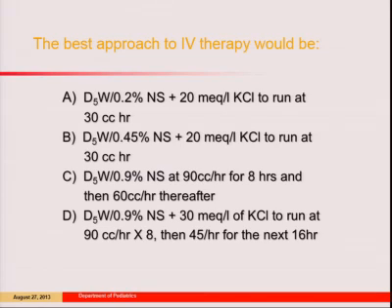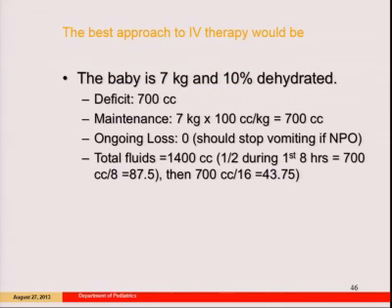They have massive losses of chloride. If you just think about what's happening, they're puking, hydrogen chloride goes out, and they're alkalotic. And until you replace chloride, nothing will get better. They actually need potassium chloride as well as sodium chloride. And so that's why I would choose D as opposed to C.